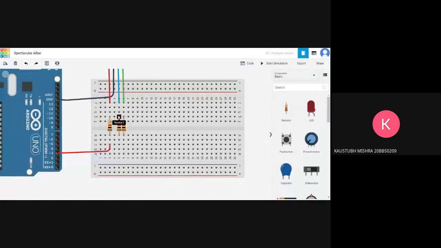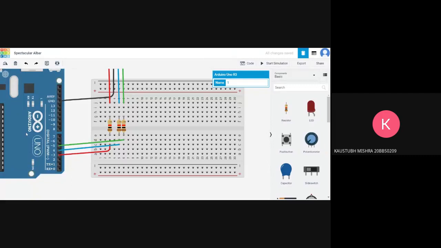So similarly, that is why we are using the resistors over here. And similarly, we'll be connecting the blue and the green wires as well. So I'll connect the blue to pin number 4 and the green to pin number 5. Just reposition the Arduino.